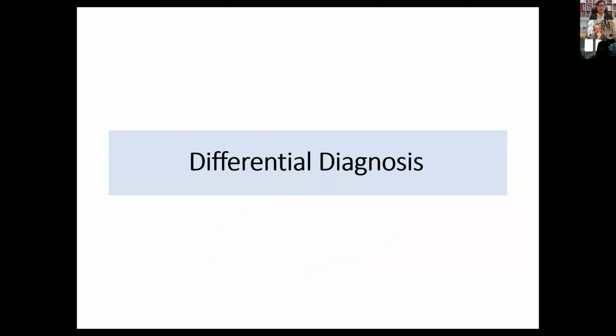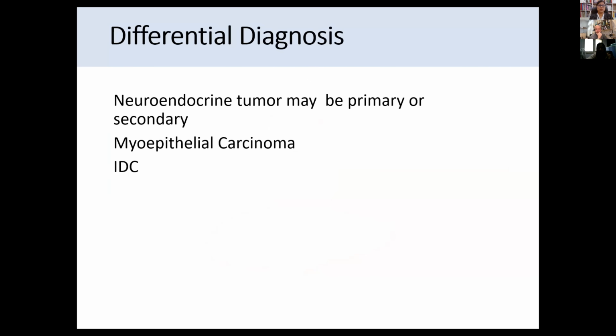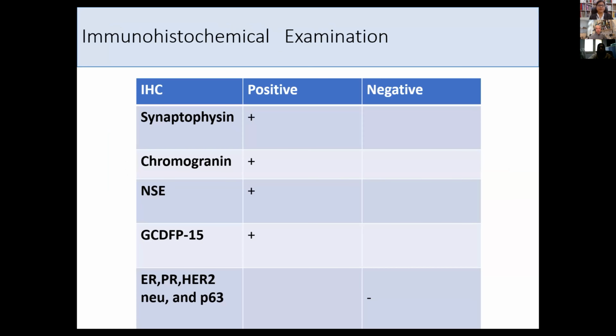So the differential diagnosis of this case: the initial diagnosis was neuroendocrine tumor, maybe primary or secondary. The second differential is a myoepithelial carcinoma or IDC. And so, on the basis of the histomorphology of these cells,